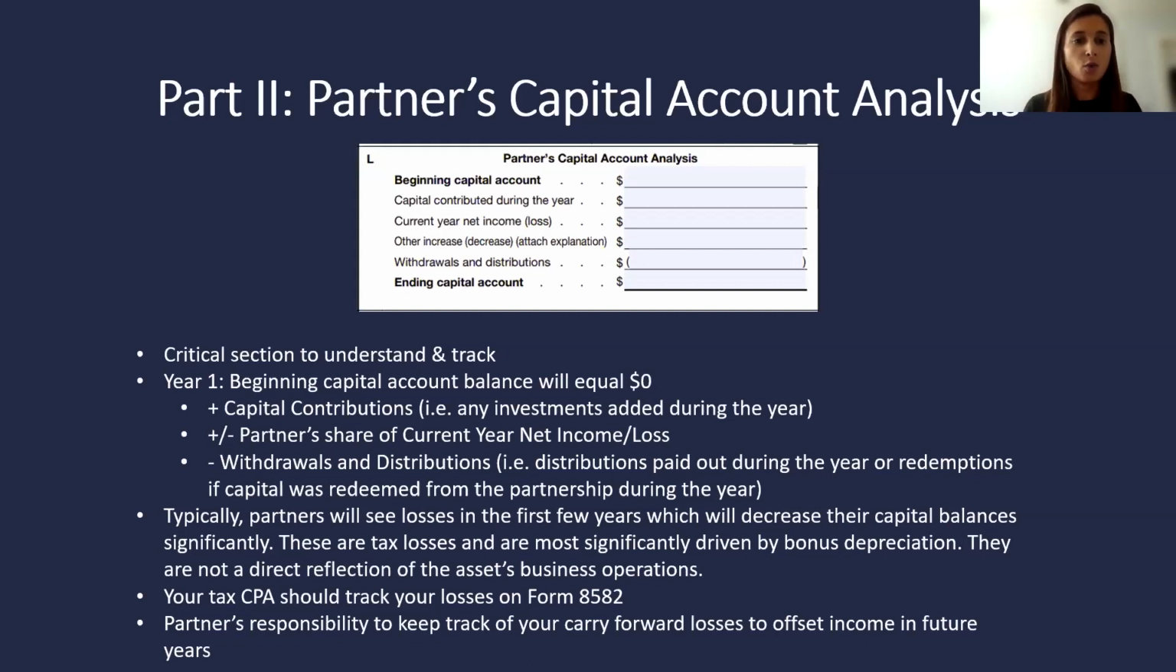And then we would back out any withdrawals and distributions. So any monthly, quarterly distributions paid out during the year, or if you were to redeem any capital, that would go in the withdrawals and distributions. So all that to calculate your ending capital account balance. So like I said, year one, you're typically going to see a significant loss. That's normal. The first few years,